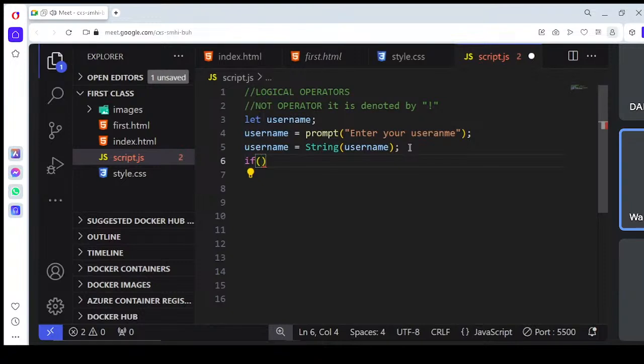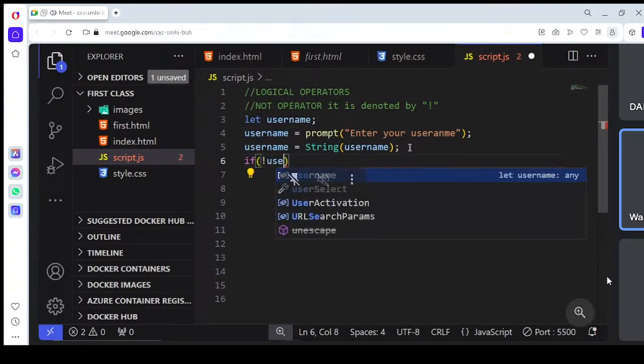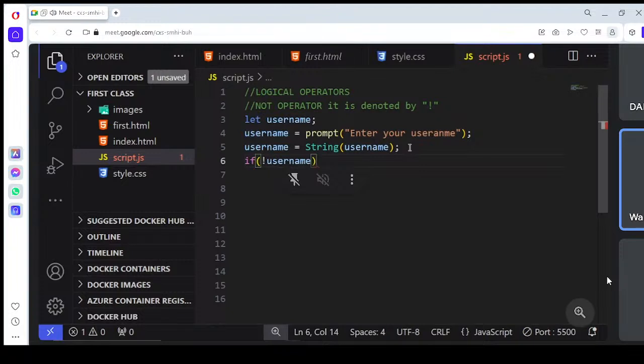So if, then the NOT operator, if the username, like that, if it's not a username, then